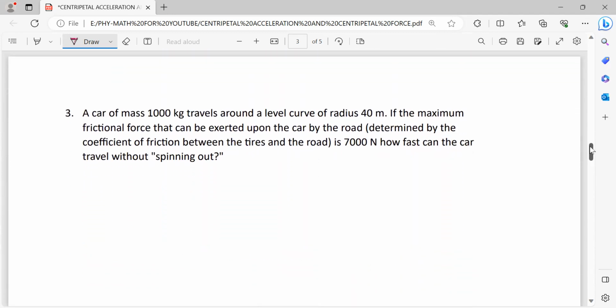Number 3. A car of mass 1000 kg travels around a level curve of radius 40 meters. If the maximum frictional force that can be exerted upon the car by the road, determined by the coefficient of friction between the tires and the road, is 7,000 newtons, how fast can the car travel without spinning out? All right, as usual, we should